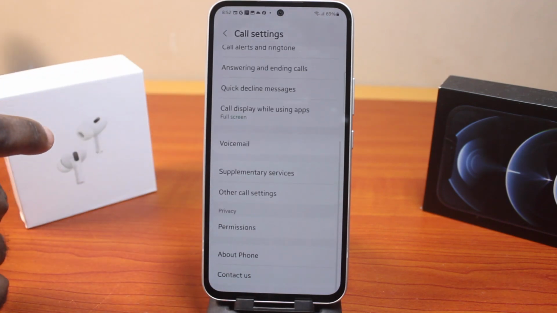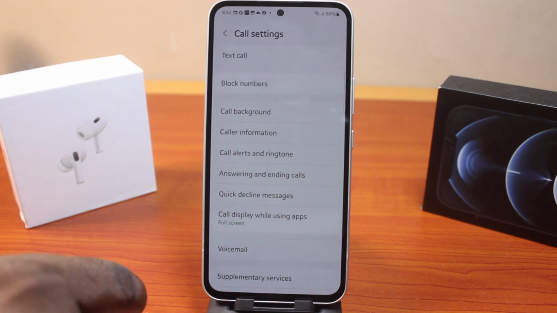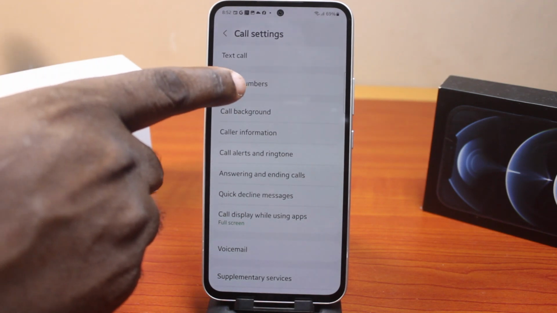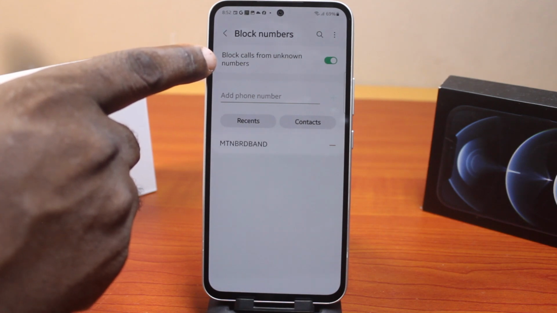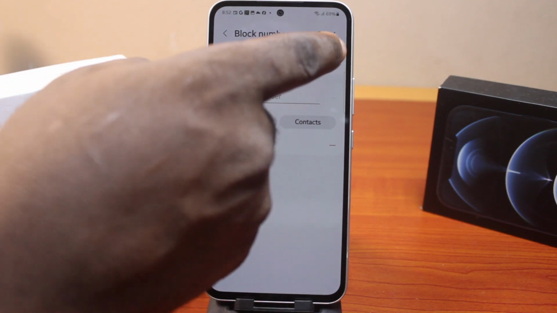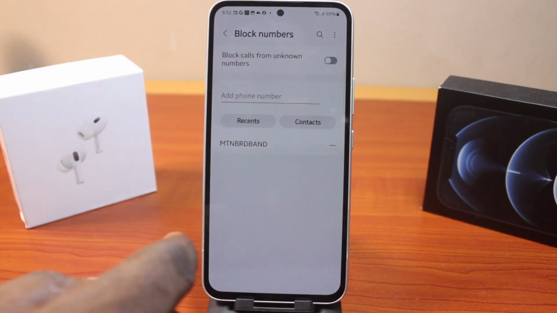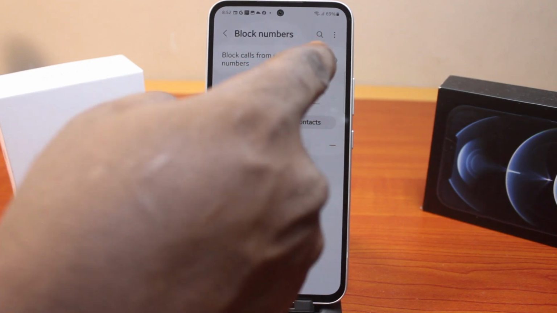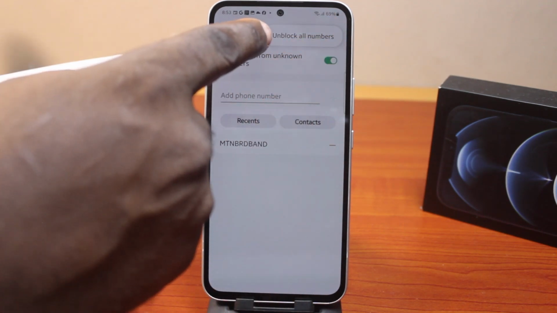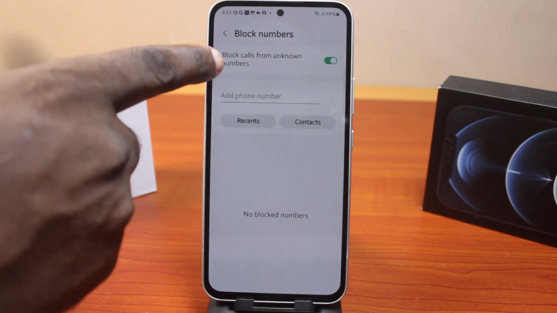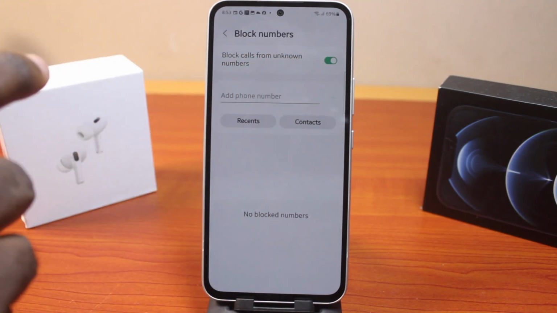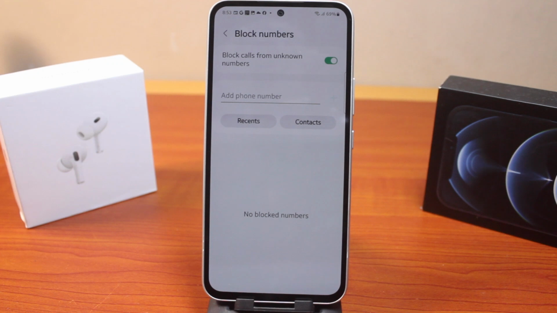On the settings page, this is what you're going to see. Now, locate block numbers, and then under block numbers, locate block calls from unknown numbers, and make sure this is turned on. You can see this is turned on. If yours is turned off, go ahead and turn this on. And if you click on these three dots here, you can see you can unblock all numbers you blocked on your Samsung phone. Now, once this is enabled, this is going to block calls from unknown numbers on your Samsung